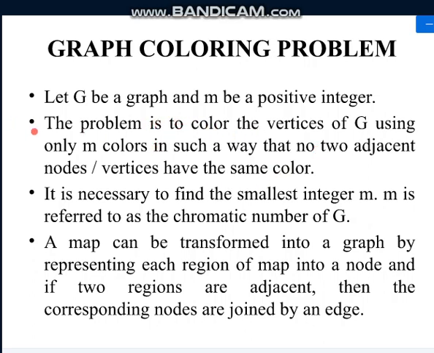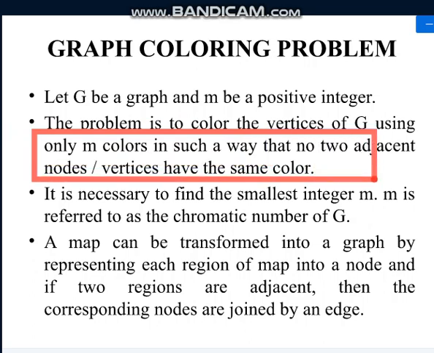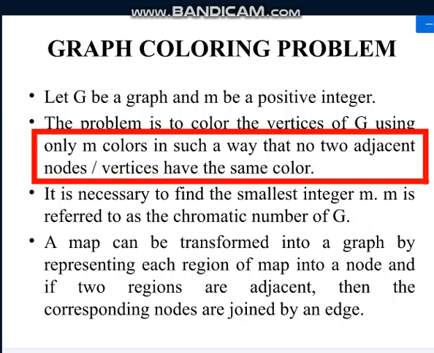So no two adjacent nodes should have the same color, and you have to color all the nodes. And one more constraint is you have to use minimum number of colors. You have to use minimum number of colors. So let us see how to solve the problem. So let us take one example. So if you consider this example,